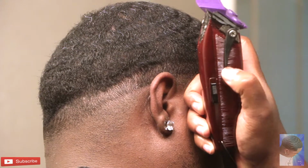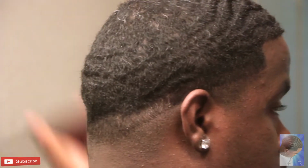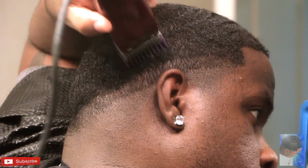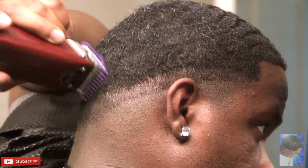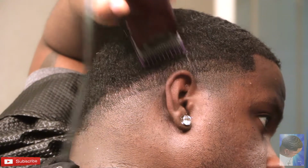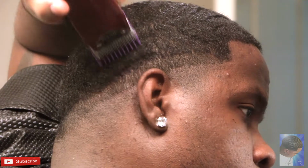So what you see here is initially where I want my fade to stop. I don't want it to go up any higher. So I still have my 1 guard and I'm closing the clipper halfway, and you're going to see me go over these dark spots right here with the clipper halfway open, and I'm just going down just to knock off some of the bulk, just to get rid of some of the darkness that you see. I'm still going to be fading up a little bit, but I just want to start clearing this area off so I don't have to bring my fade up no higher than I want it to be. So I wanted to start transitioning at this level right here. So that's why you see me just